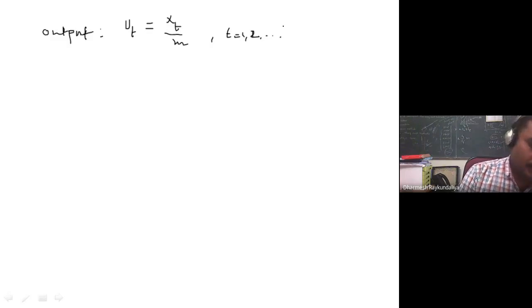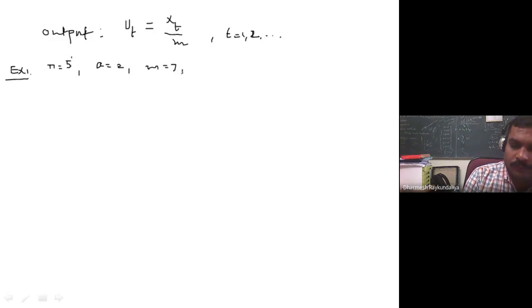Let us understand a small example. Suppose you wish to find, let us say, 5 random numbers when a is equal to 2, m equal to 7, and initially c equal to 0.